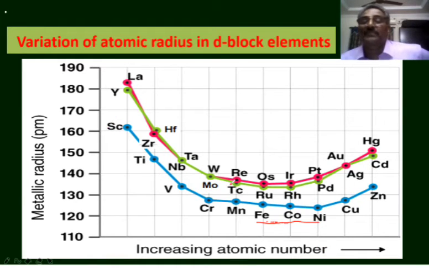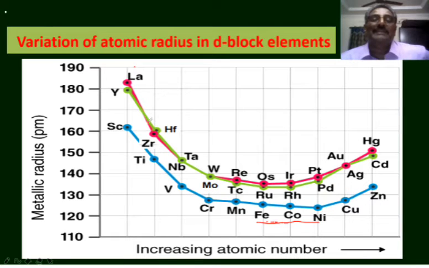Here, as we move from left to right, the value decreases to a certain value, moves parallel to some extent and increases. In the case of 3D, the atomic radii are less. But there is a difference between the atomic radii of 3D elements and 4D elements, but the atomic radii of 4D elements are almost similar to the atomic radii of 5D elements. There is no gap between the atomic radii of 4D elements and 5D elements.